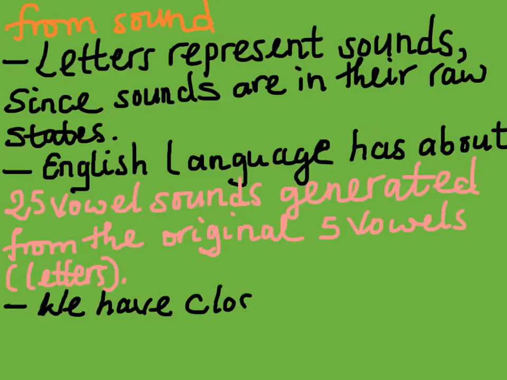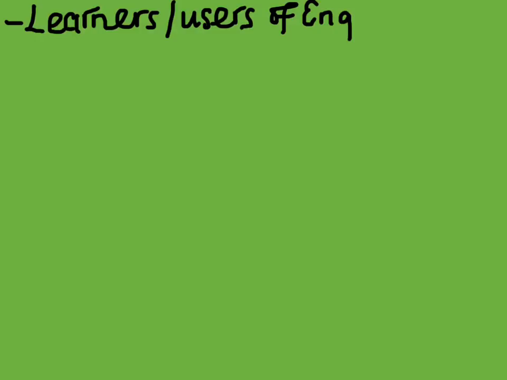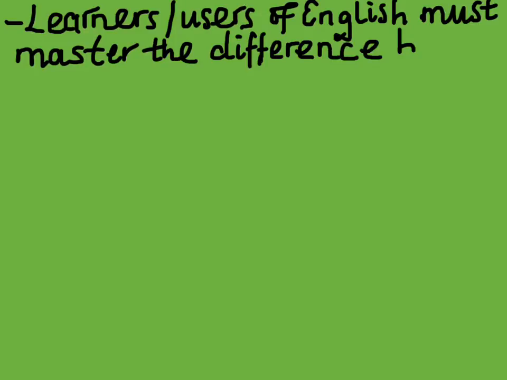We do also have close to 24 consonant sounds, a difference which we have since there are 21 consonant letters in English. Hence, it shows us clearly that learners of the English language or users of the language should be able to master the difference between a letter and a sound. For instance, the letter which is written A